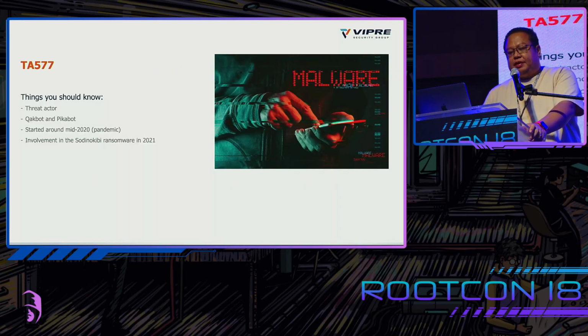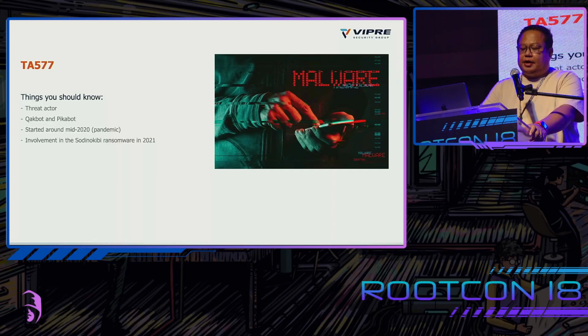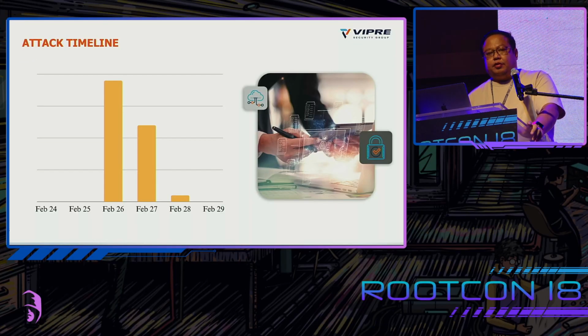Now, for the TA577, the things you should know. So we've been monitoring the TA577 for quite a while, since like December last year. They are a threat actor. They are responsible for the CACbot and PICABot backdoors. They started around mid-2020, so that's pandemic era, and they also got famous with their involvement with the Dinokibi ransomware in 2021. So since last December, we've monitored their attacks, and